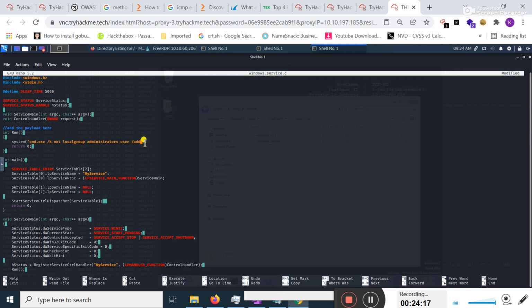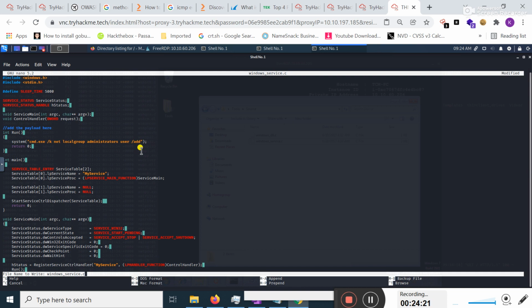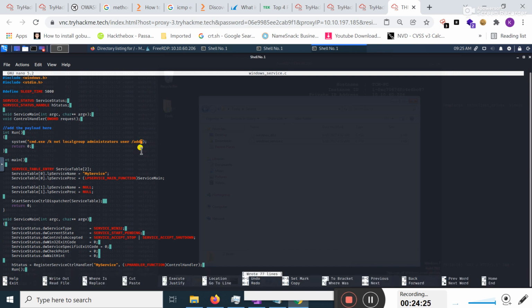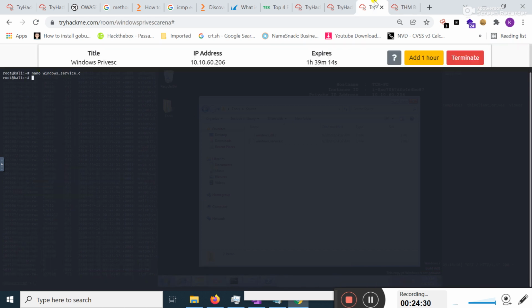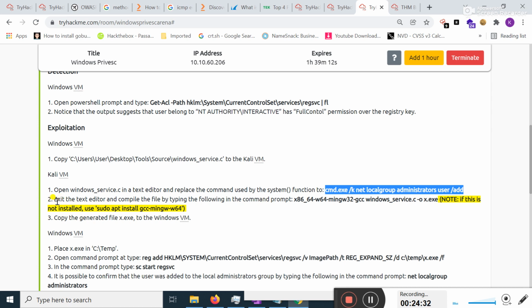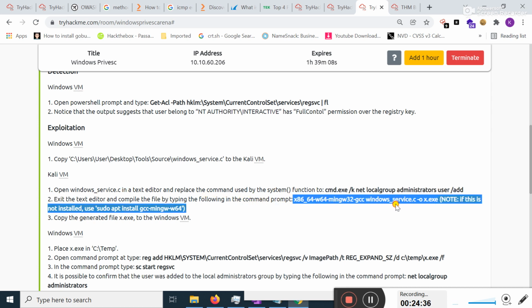You can see the new content is pasted here. Now I'm going to simply save it by pressing Ctrl O, then I typed here enter and then quit from this file. Okay, now exit the text editor and type this command.